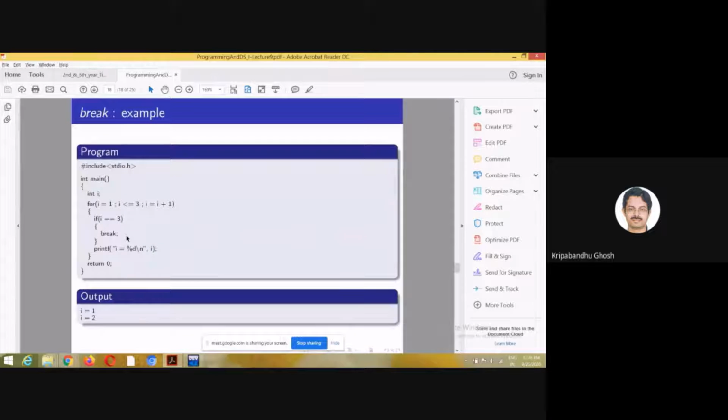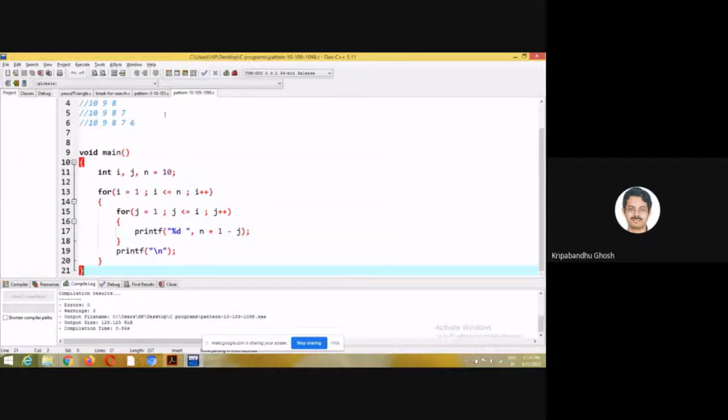So there is an example of break here. I am running this loop from 1 to 3, and when I equal 3, I am using this break statement. So what's happening? Do I have this code with me? Let me see.